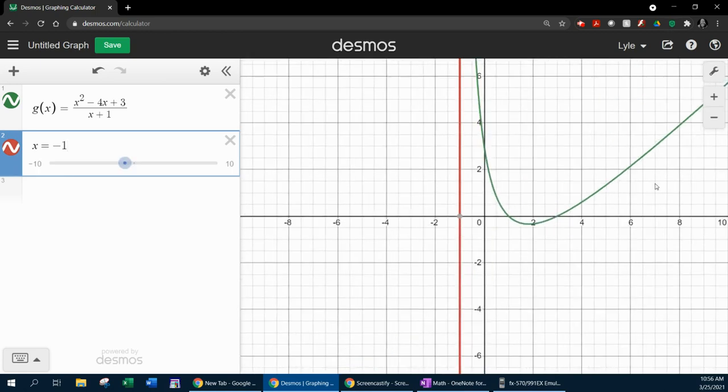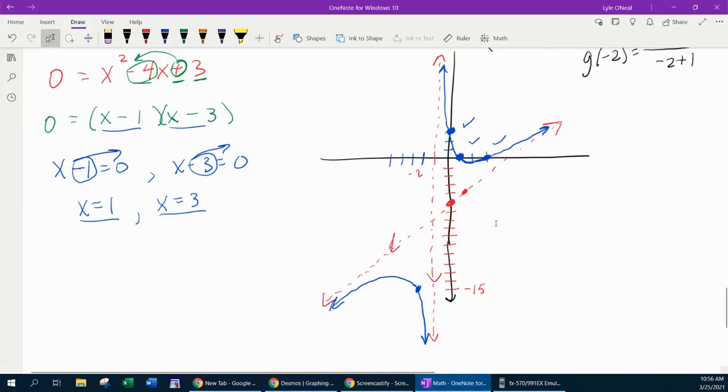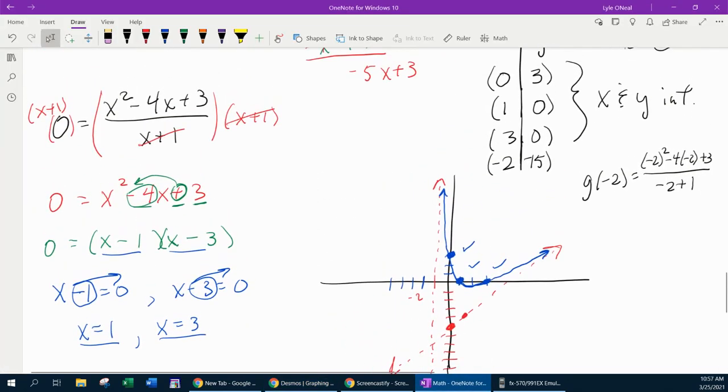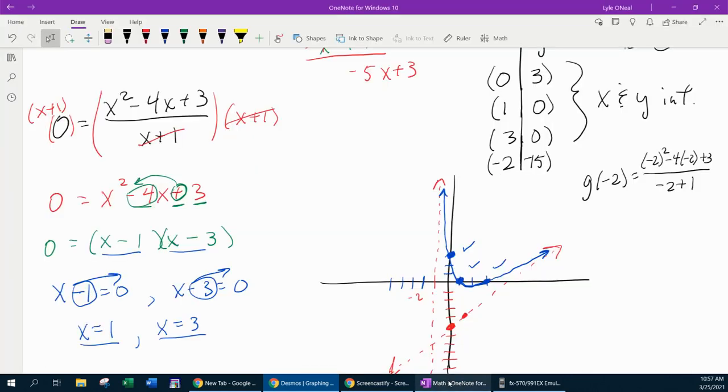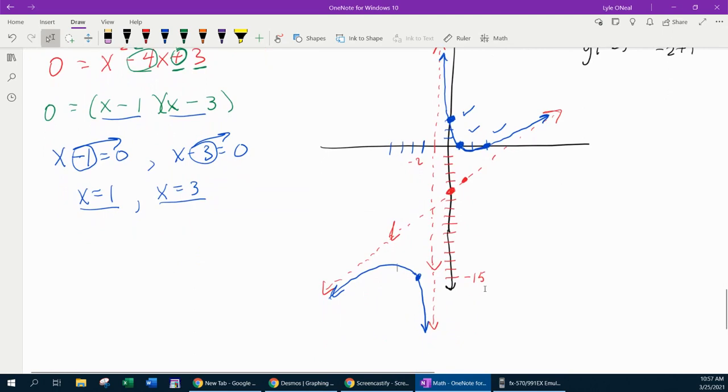And if I go back to the standard view, the next thing I want to check are the intercepts. So clicking on this graph, I can see that there is a y-intercept of (0, 3) and x-intercepts of 1 and 3, just like we came up with when we did the work by hand here. Our x and y intercepts are verified. And you can see that this graph does go a little bit below the x-axis the way we sketched it here. Now, as far as the bottom curve,